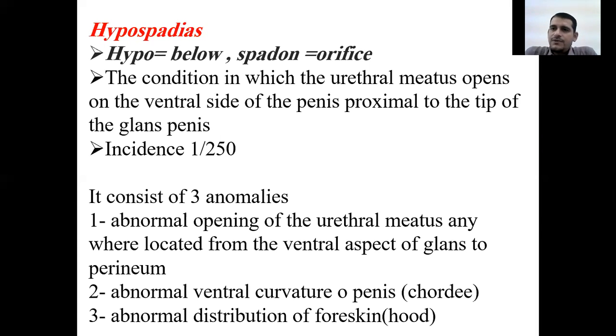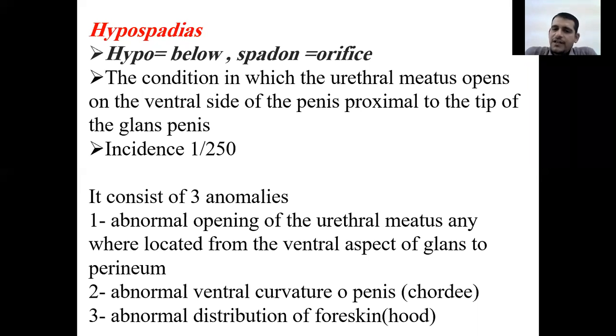The incidence is 1 in 250, and it consists of 3 anomalies: abnormal opening of the urethral meatus, located anywhere from the ventral aspect of the glans to the perineum;